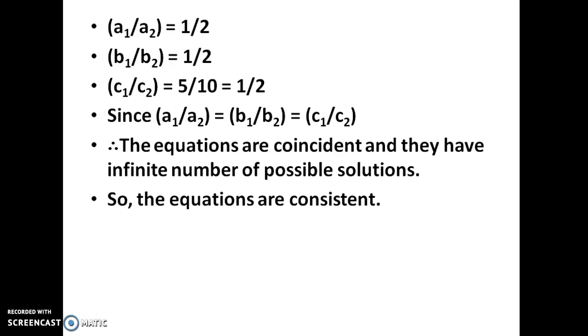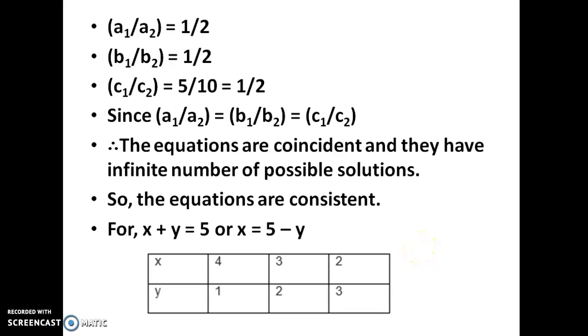Okay, the equations are consistent, that is, they have a solution, so they are called consistent, and they have an infinite number of solutions because they are going to coincide. So we have to find the solution for the first expression. Okay, x plus y equal to 5, no? So you will write x is equal to 5 minus y.